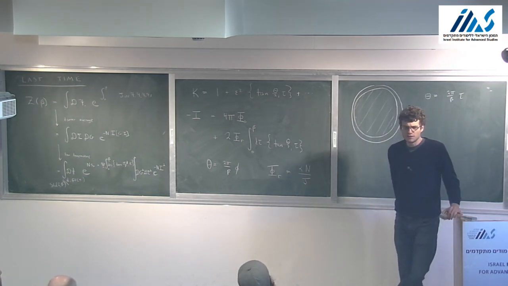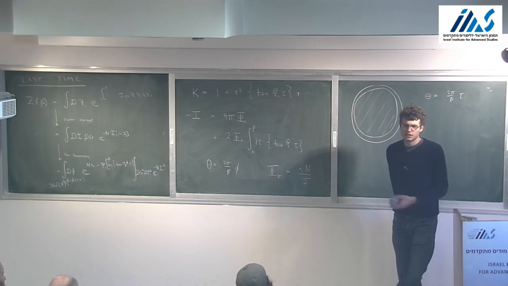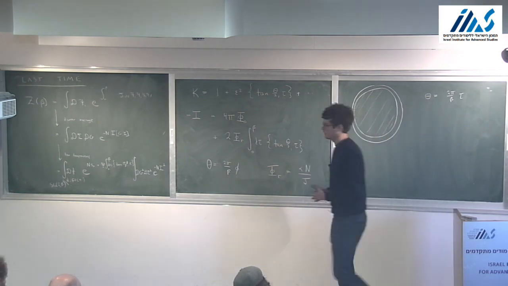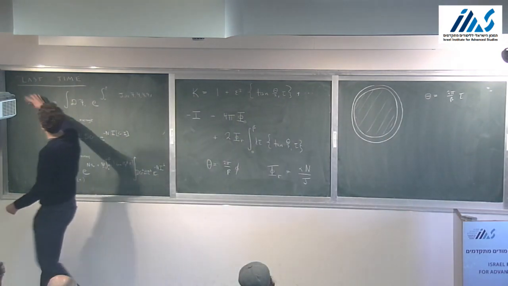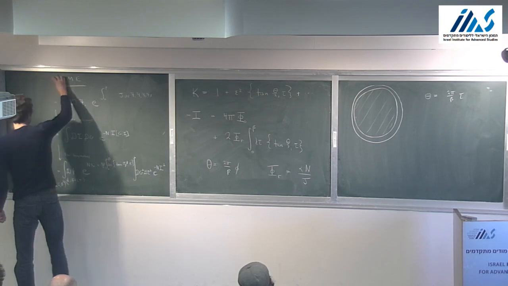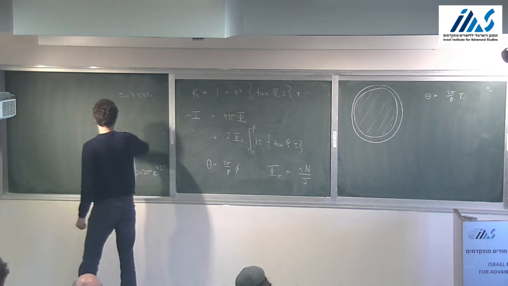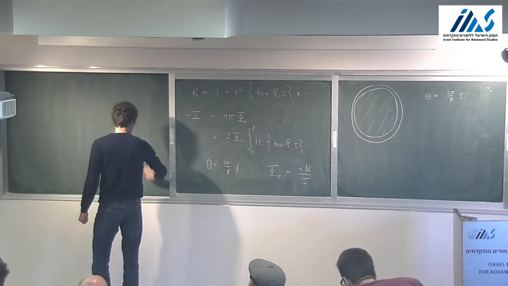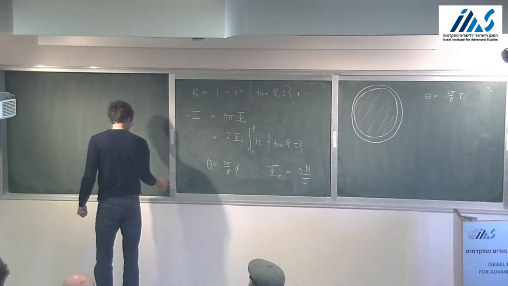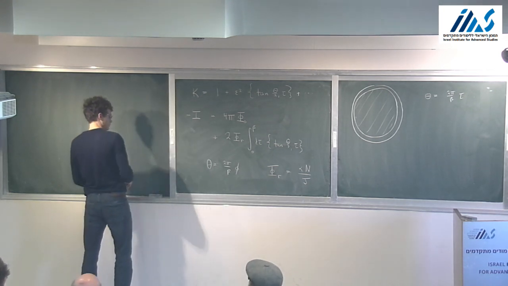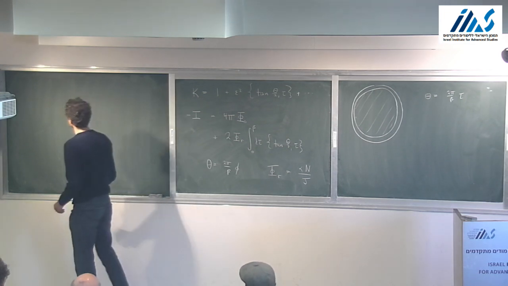But maybe to make it seem more obviously related to a black hole, we should study this solution in Lorentzian signature. So that's what we'll do next. And actually what we'll spend the rest of the lecture doing. So in Lorentzian signature,